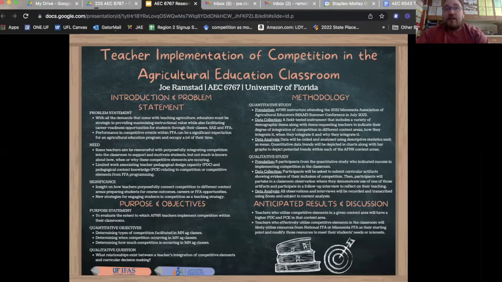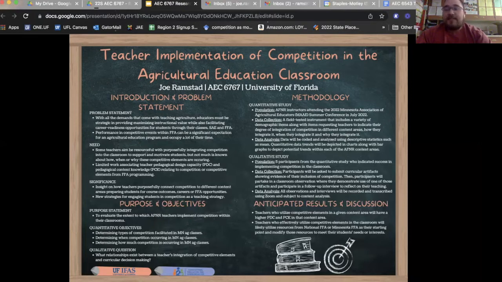And teachers, if they're intuitive and wise and are able to use their resources to modify curricular needs to integrate those into their classroom, may be able to kill two birds with one stone, if you will, by preparing students for careers in agriculture, while also getting some of those students ready to knock some of those CDE and LDE events out of the park if they're interested in doing that.